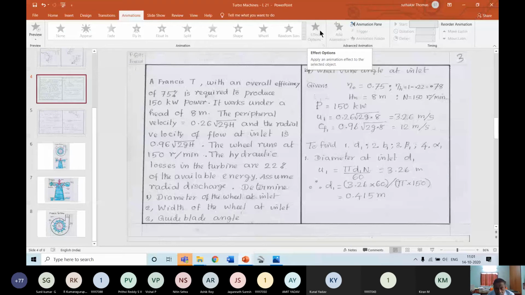Anyhow, these are all academic exercises. So one should know that there is something called degree of reaction, and more than hydraulic machines, hydraulic turbines, and centrifugal pumps, the degree of reaction is very much used in the analysis of thermal turbo machines. You will have, I think, one more lecture on Kaplan turbine, the axial flow turbine, maybe a problem there. Then we will pass on to thermal turbo machines.